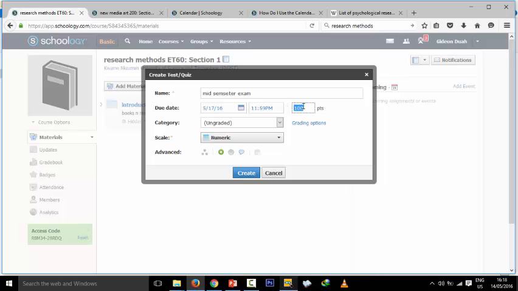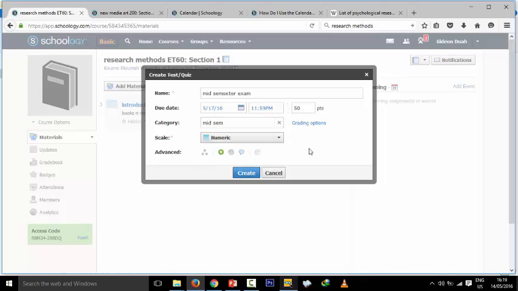points that students would get from the quiz, and I selected 50 points. We have the category here. You can either create a new category. So let me type in mid-sem there, and for the score, as I stated earlier, can be numeric or